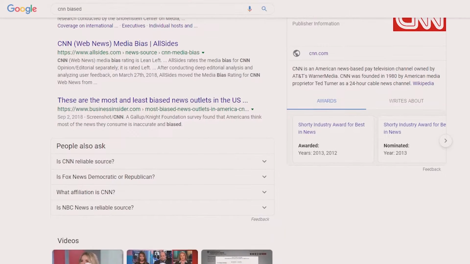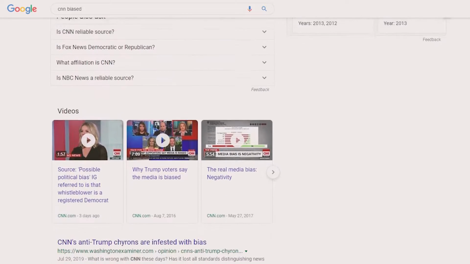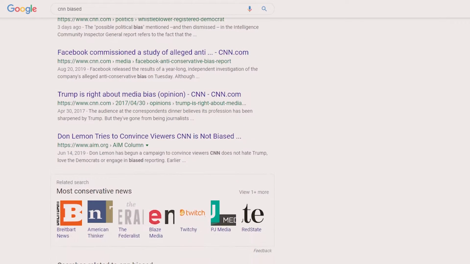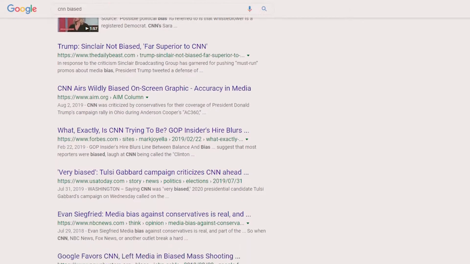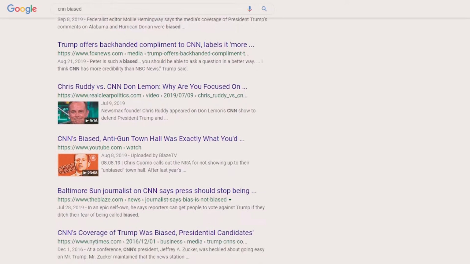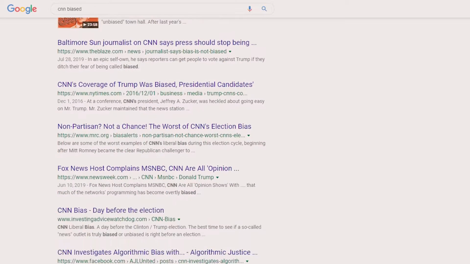One study, for example, alleges that CNN's coverage for the first 100 days of Donald Trump's presidency was 93% negative. Most other news outlets also published mostly negative reporting about the president, but CNN, as well as NBC, had the largest percentage. A quick look into today's coverage about Trump seems to be confirming their bias with 10 negative, 2 neutral, and 0 positive headlines.